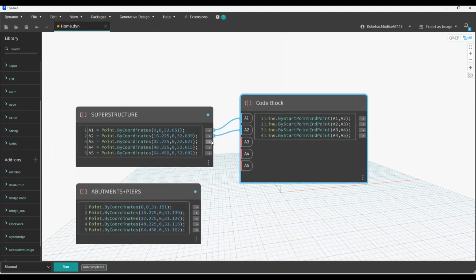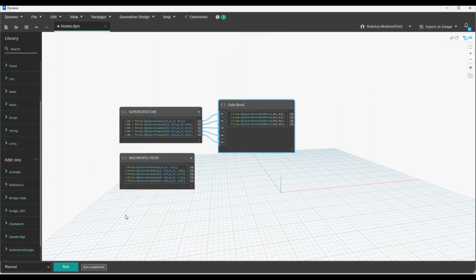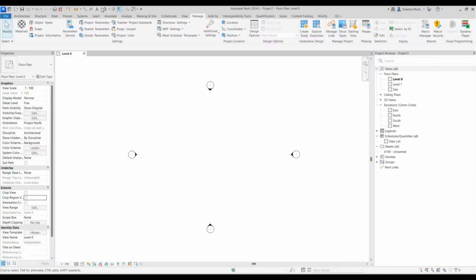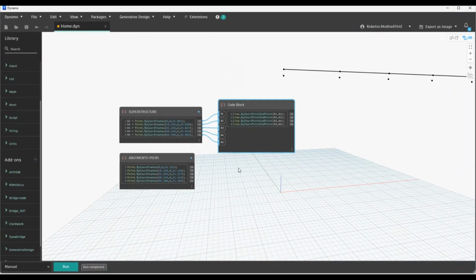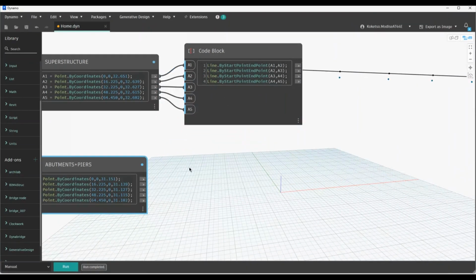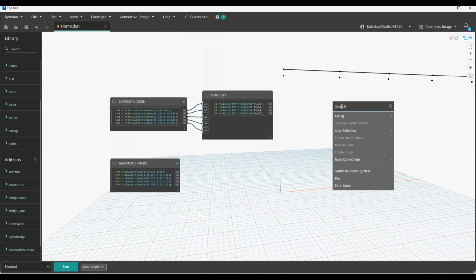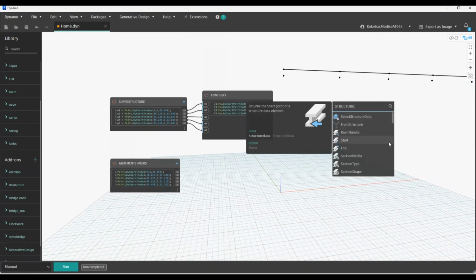And so if I join this, it's going to create a line between those points. So I'm just going to run this, and if I go to the 3D view, this is how it looks. So I'm going to go back to Dynamo, and what I'm going to do is right click and say